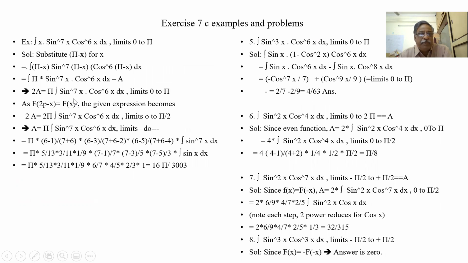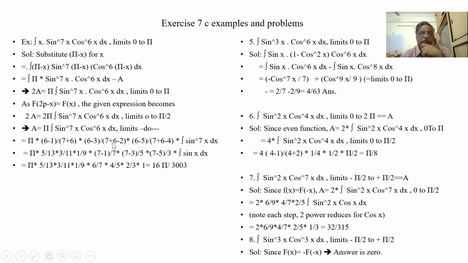Let us see pi minus x: the sine is positive. For pi minus x, cos is negative, but whole to the power of 6 this also becomes positive. So f of 2p minus x is f of x. So I can use 0 to pi by 2 into 2. So 2 into pi is already there earlier. 0 to pi by 2 sine to the power of 7x. Now I can apply the formula. For cos to the power of 6, the reduction is 6 minus 1 by m plus 1, and 7 plus 6 is 13. So 5 by 13,